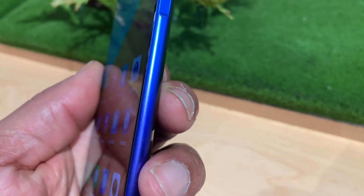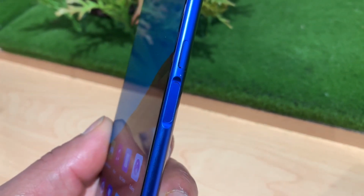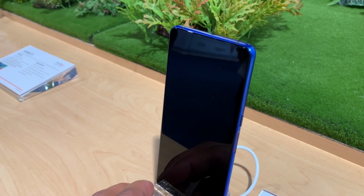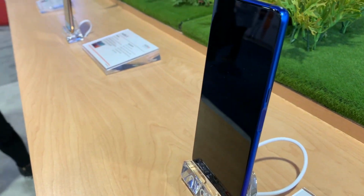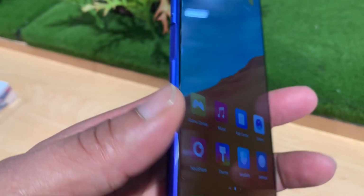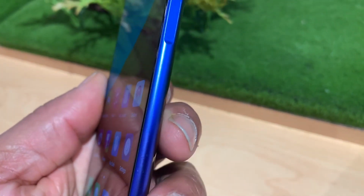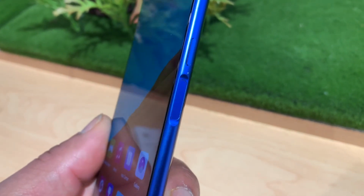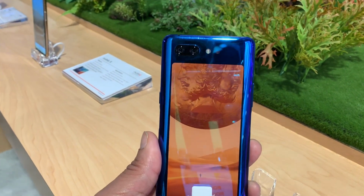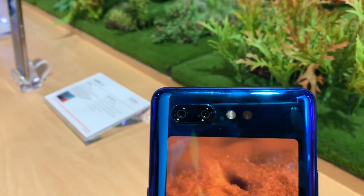Now, the phone does come in various storage capacities. We have 6 GB of RAM with the 64 GB storage. We have 8 gigs of RAM at 128, 256, and 512. And this phone does have a dual SIM card. It does have 2 cameras on the back, a 16 megapixel and also a 24 megapixel. And it has a dual touch fingerprint sensor on both sides of the phone. This phone also brings back the infrared sensor, and the back of the phone screen can be used as buttons